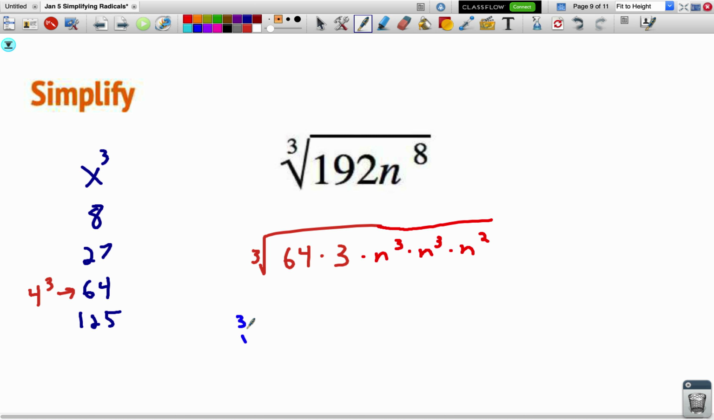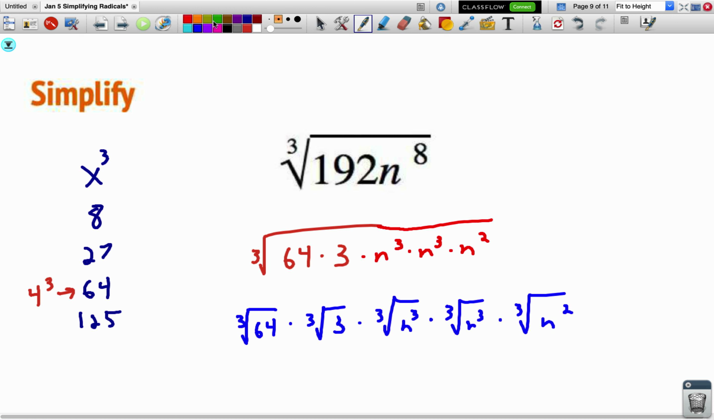So now I've got the cubed root of 64 times the cubed root of 3 times the cubed root of n cubed times the cubed root of n cubed times the cubed root of n squared. So you can distribute that. Cubed root of 64, well, 64 is the same as 4 cubed. So cubed and the cubed root cancel out, and this just becomes a 4. Cubed root of 3 has to stay cubed root, but again, we can cancel here and here to get times n, and cubed root of n squared will have to remain